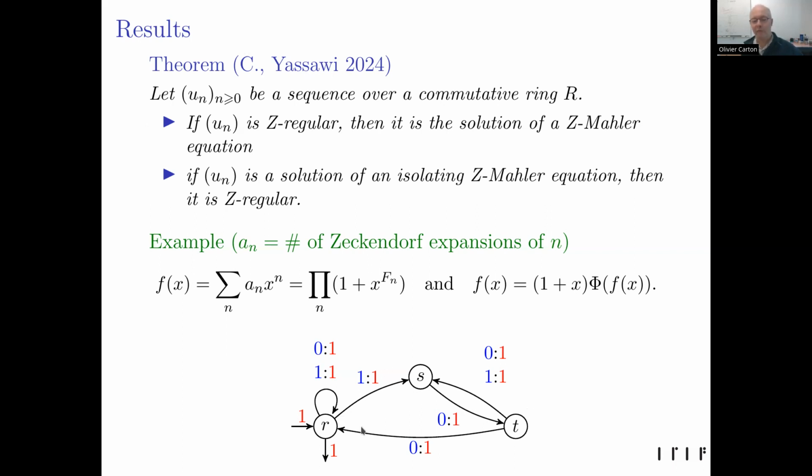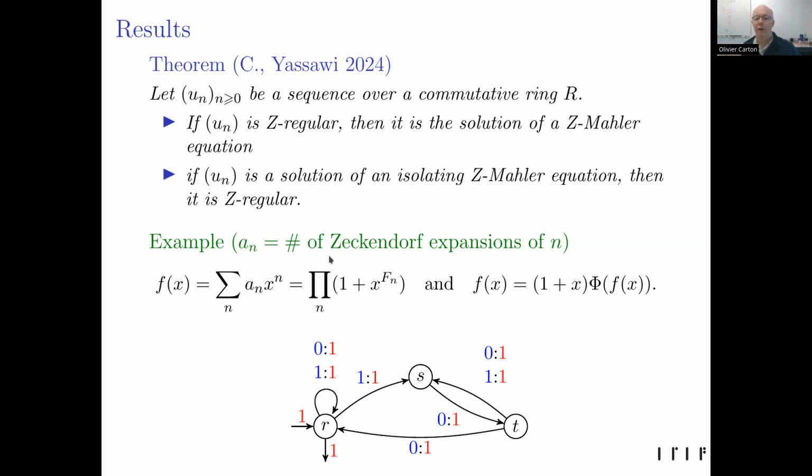This is why we have one run for each Zeckendorf expansion. Since all the weights are 1, and all runs go from R to R because the initial and final weights of S and T are 0, the sum of these weights is exactly